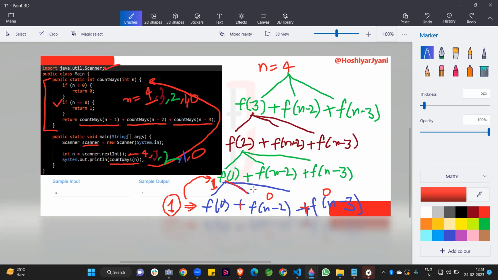After that, we are solving this function. Okay. So when we solve this, what is the n value here? N minus 2. So what is the value of n here? We ask the parent. So the value of n is 2. 2 minus 2 here is 0. So this function is f of 0. So guys, you know very well, the value of f of 0 we already solved. So you can see here, this is f of 0. So what is the return of f of 0? The return of f of 0 is 1. So we are taking the value from here. So f of 0 returns the value 1.